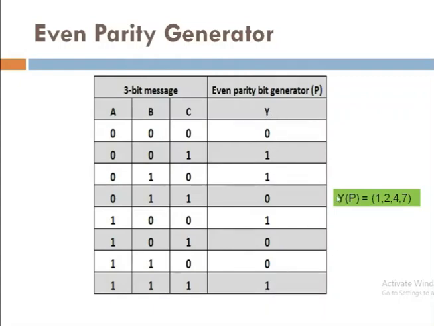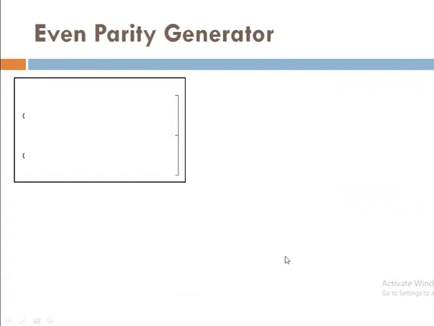Now observe this output column, for which cells the high value is there, because by default we are considering the SOP format. For mapping purposes we consider the high values only. These cells have high values. Converting to decimal, the first is 1, then 0 1 0, again 1. So cells number 1, 2, 4, and the last one, number 7, have a high value. The remaining four cells have a zero value. So we can put these high values into a K map.